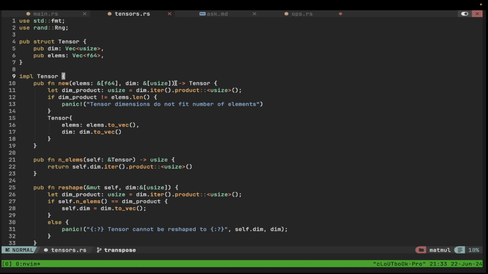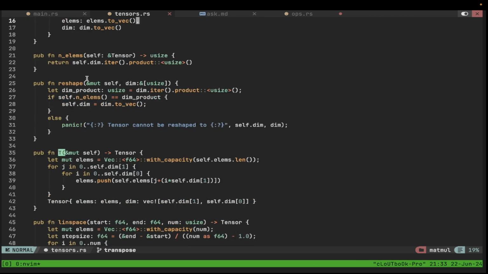And as long as we meet that criteria, we know that we can represent this n-dimensional tensor given the amount of memory that we're allocating to store the elements. When we go ahead and reshape, we just have to check that condition again. For the new dimensions that we're consuming, does the product of those dimensions equal the number of elements inside of the array? If that's true, then we know that we can reshape the tensor, and all we have to do